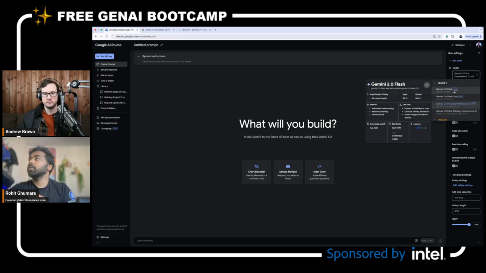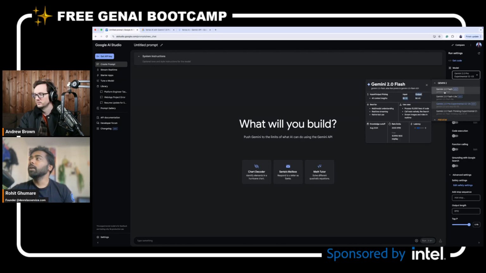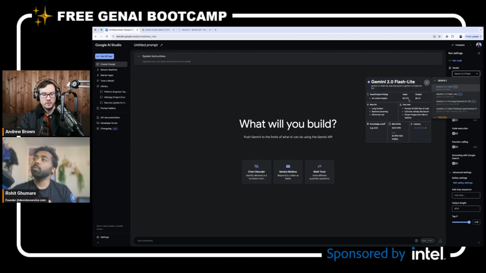Gemini Flash is one of the coolest models, which I use a lot. And there is a Flash-Lite they have recently launched, where the input price is cheaper compared to Gemini Flash, because it is the light version. It is 0.075.